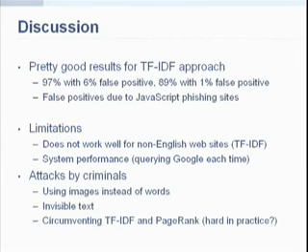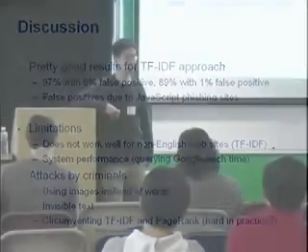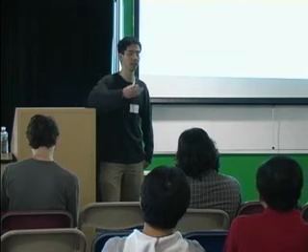There are some system performance issues because here we're querying Google every single time to get the results of whether it's legitimate or not. We've also been considering how criminals would attack this. The most obvious one is what they're already doing with spam, which is to use all images rather than words. This would probably require some more OCR, which would further impact system performance, unfortunately. The good news is criminals aren't doing this yet. The bad news is, again, the criminals are quite smart, and so they probably will be doing this soon if this is deployed. Is the question here?